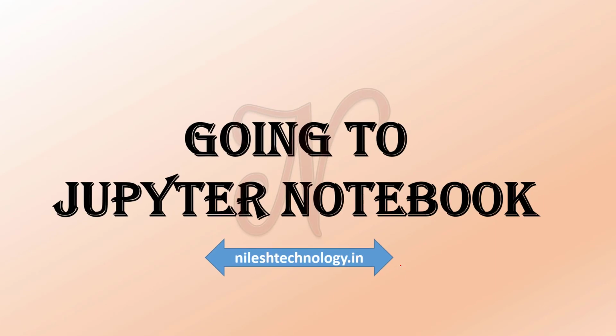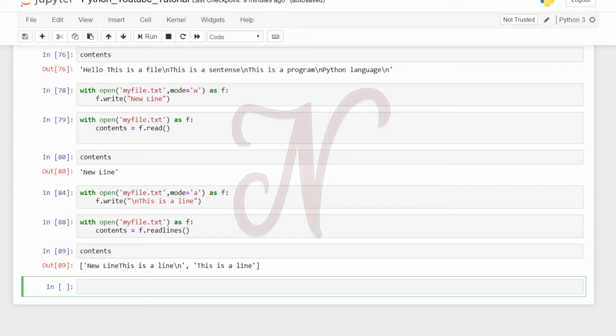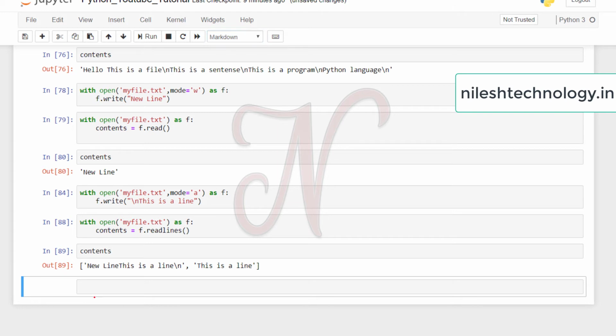So going to Jupyter Notebook. See here, I will give the title of the tutorial. Going to the drop down box, select Markdown. Here, this is the comparison operator.